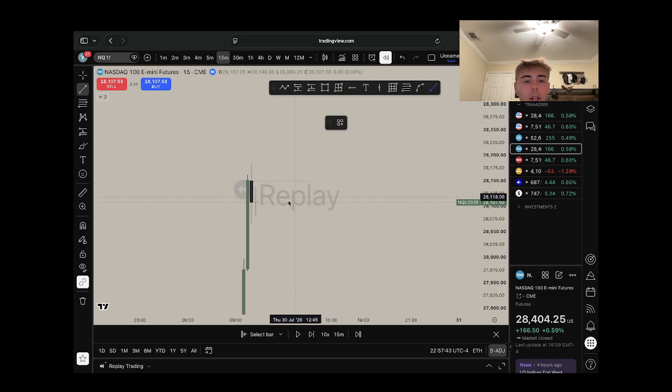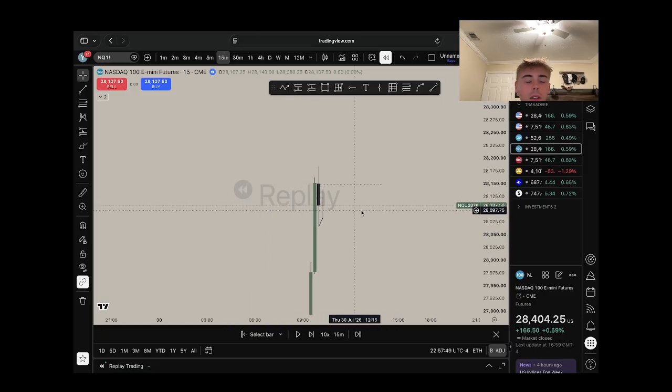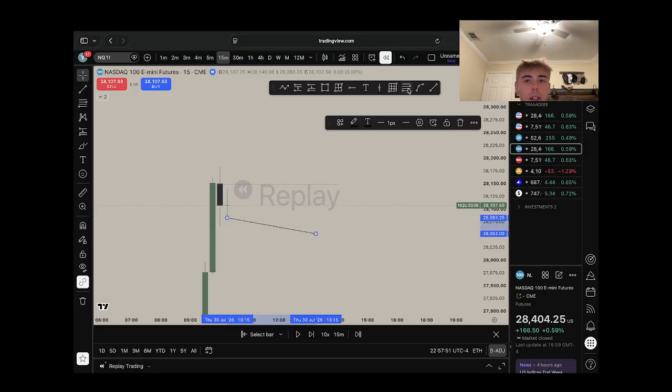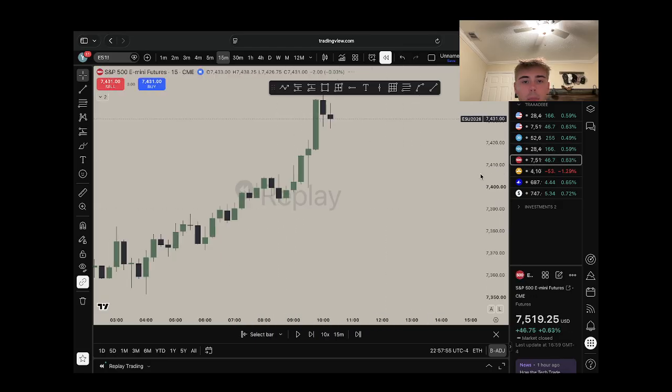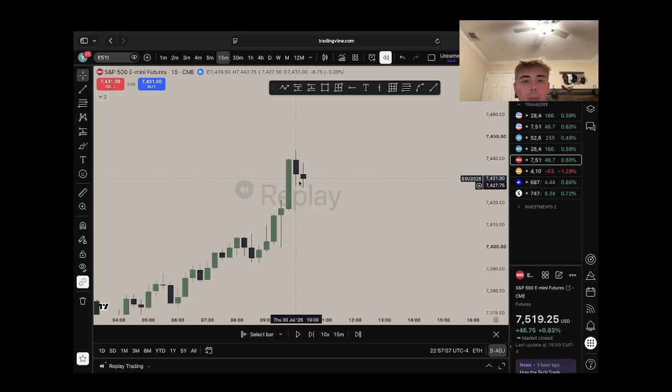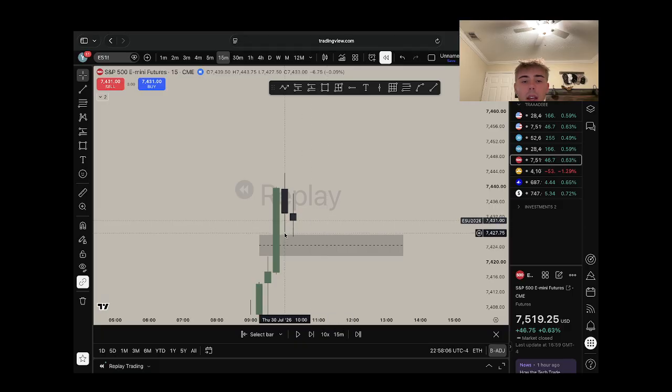And then we created an SMT. Okay, so this is the first step that we'll go over today. So we created this SMT with ES right here. As you can see, ES tapped into this 15-minute fair value gap below the 10 a.m. opening price. So whenever we end up having an SMT, that means that NASDAQ